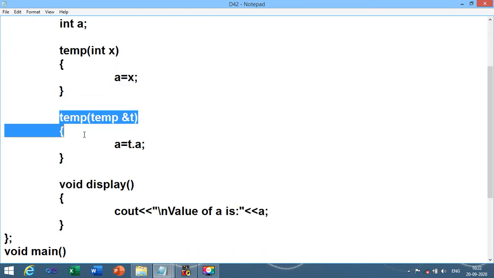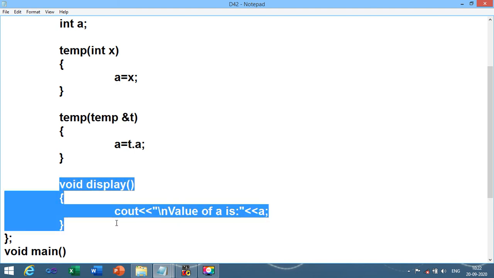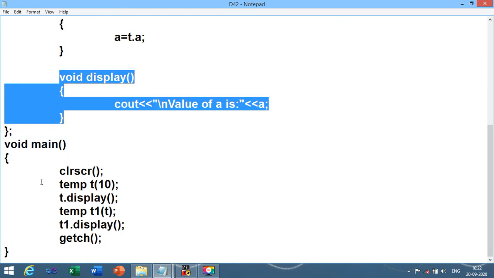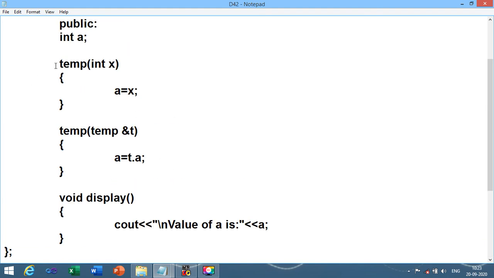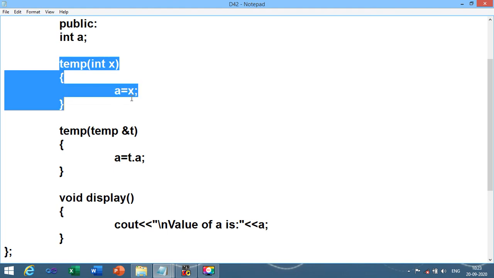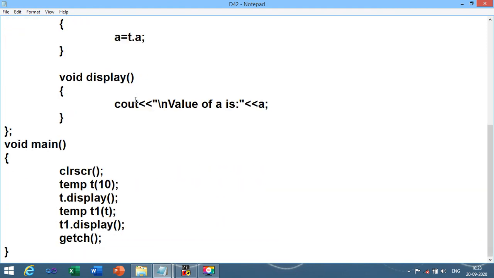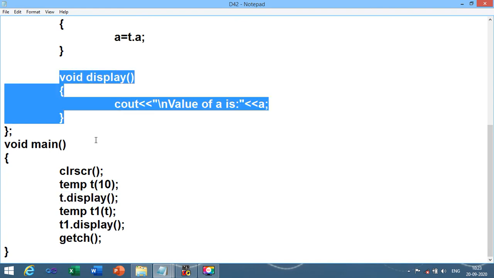Like our previous program, I have applied temp into bracket, the object of temp class, and over here we have declared UDF void display. From the void main we have passed the integer value with the creation of object, so it will call the constructor with integer argument. After that t dot display, so it will display the value of a.